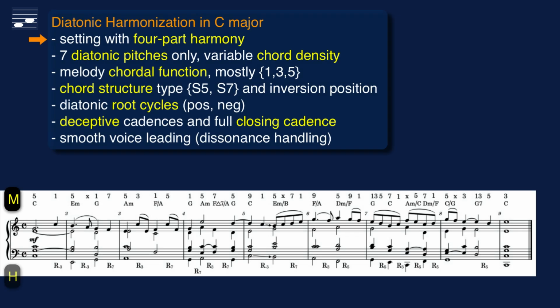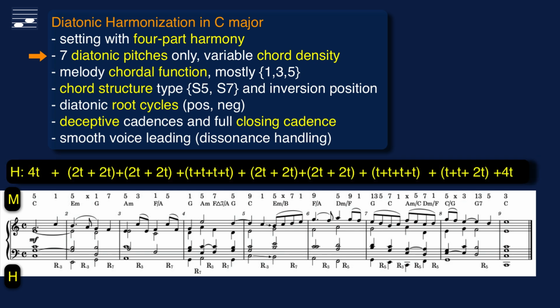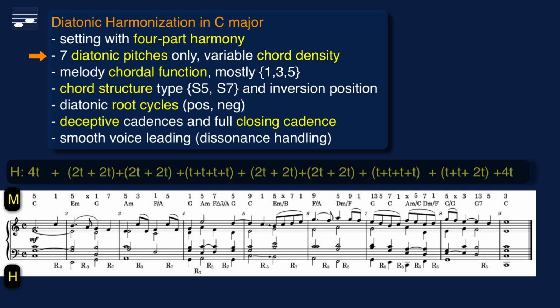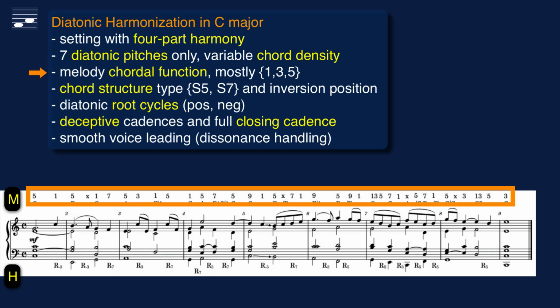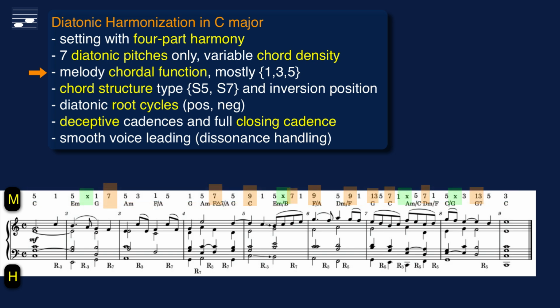classical music idiom. There is variable chord density, with the harmonic rhythm for quarter note time unit shown at the top. The melody chordal functions are mainly 1, 3 and 5. There are 4 7s, 3 9s and 2 13s. I've marked a few shorter notes with symbol X, as passing tones with no real consequence for the design of